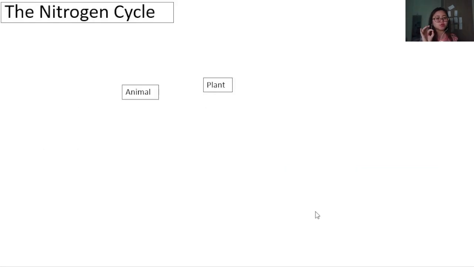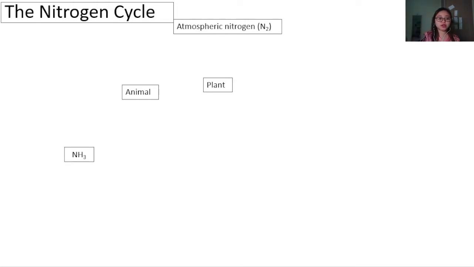Once again, before we talk about the processes, we're going to introduce you to the components in the nitrogen cycle. Jadi watak-watak utama yang kita akan belajar adalah animal and plant. And also, you're going to learn about atmospheric nitrogen. So this is nitrogen gas that you can find in the air around you. We also learned about NH3. NH3 is ammonia. We also learned about NH4+, which is ammonium,